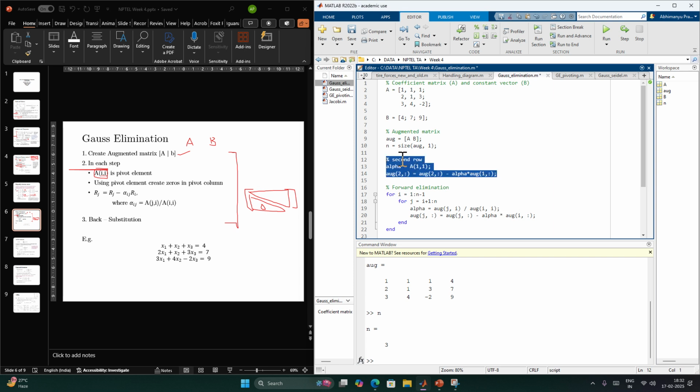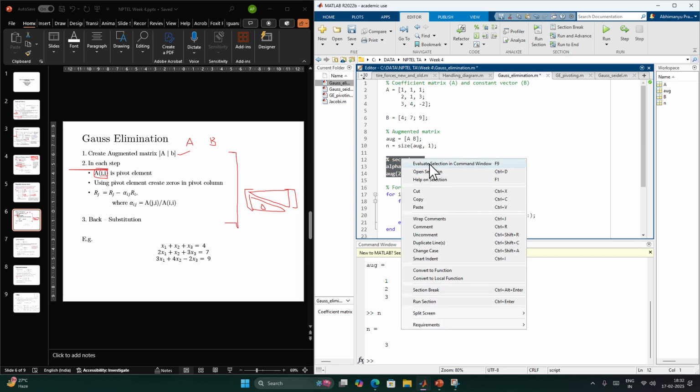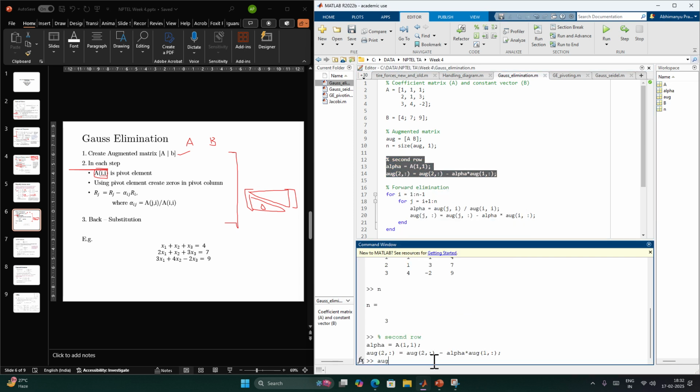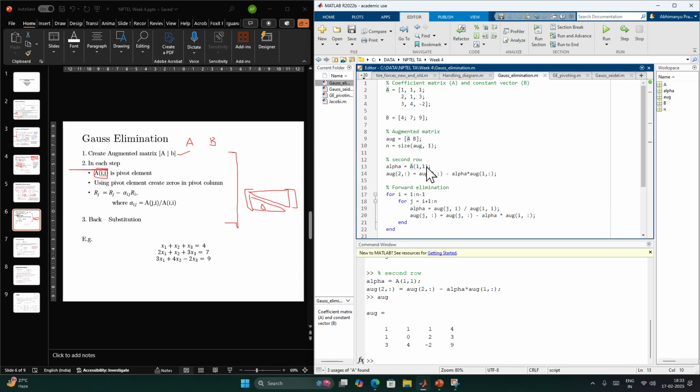So if I run this command, if I see my augmented matrix,